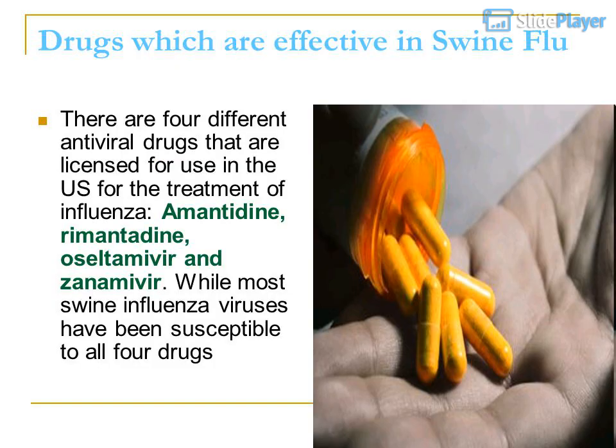Drugs which are effective in swine flu. There are 4 different antiviral drugs that are licensed for use in the U.S. for the treatment of influenza: amantadine, rimantadine, oseltamivir and zanamivir. While most swine influenza viruses have been susceptible to all 4 drugs,